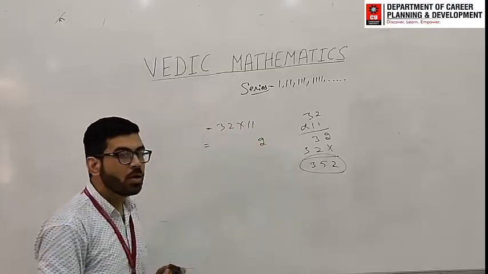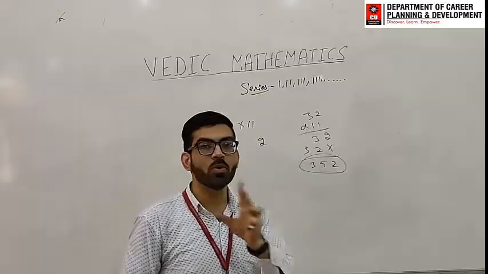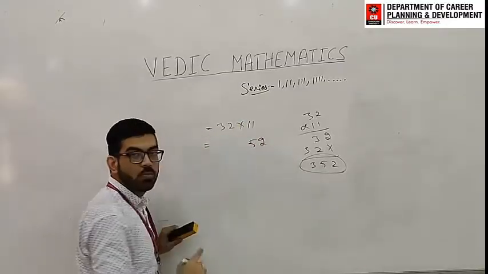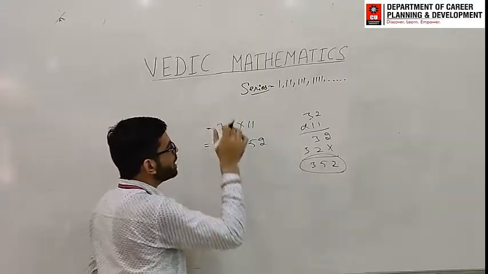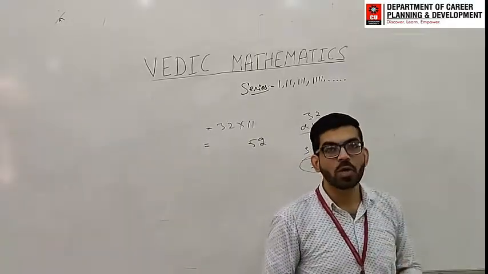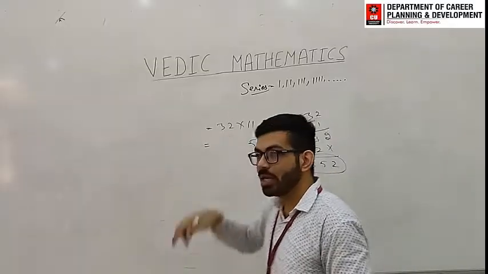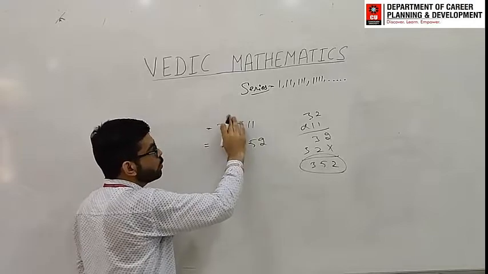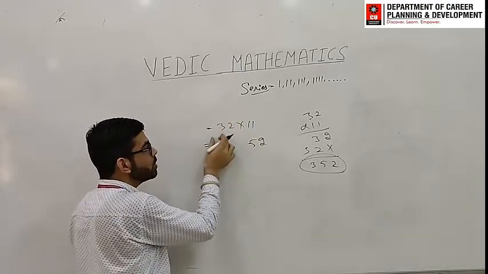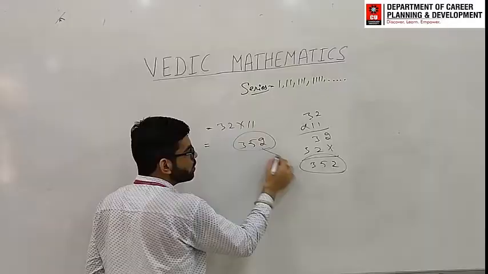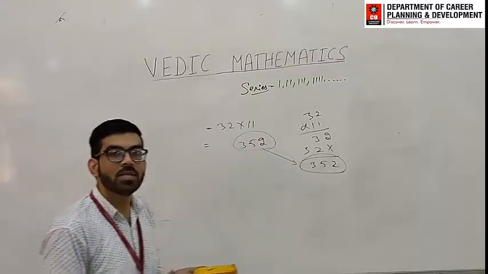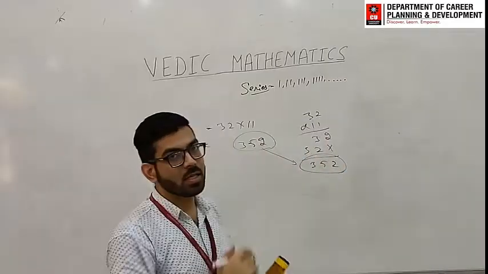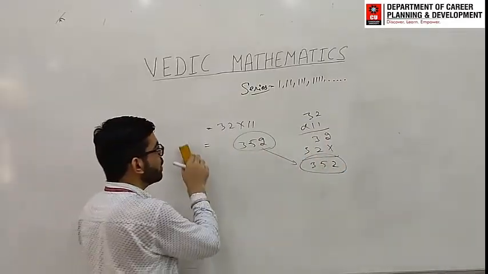That means 2. Two ones are there, so we have to add up 2 numbers. That means the next number, 3 plus 2, 5. When you complete the pair, meaning the number of ones is 2, then start leaving the number from the right hand side. Now the number left is 3, so write the number as it is. Yes, you can see that the answer is the same. We have done nothing but the same steps, in our mind. Okay, just see another one. Suppose three numbers are there, then what do you have to do?